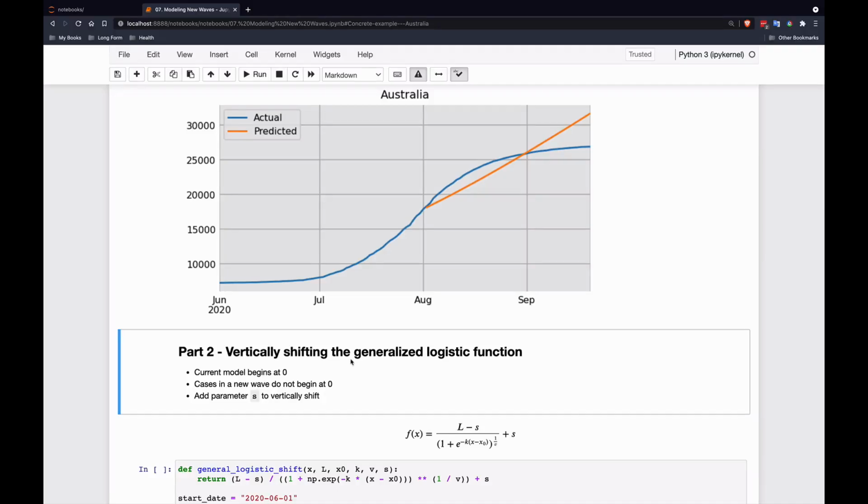Welcome everyone to part 2, vertically shifting the generalized logistic function. So as we saw in the last example, the current formulation of the generalized logistic function did not fit this second case wave from Australia very well. The prediction line is continuing up and to the right, and it's not curling over and heading towards an asymptote